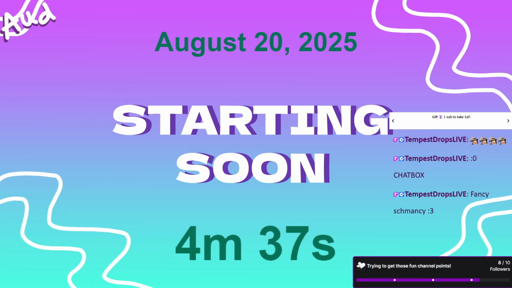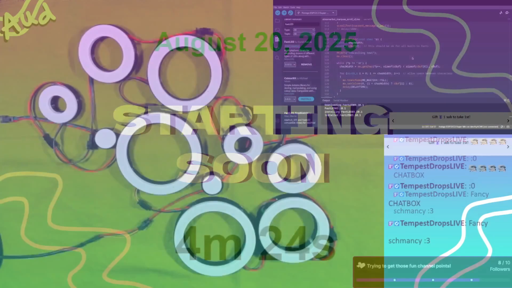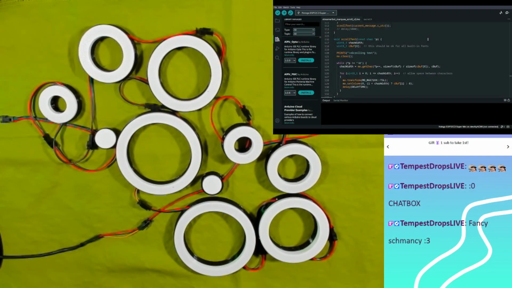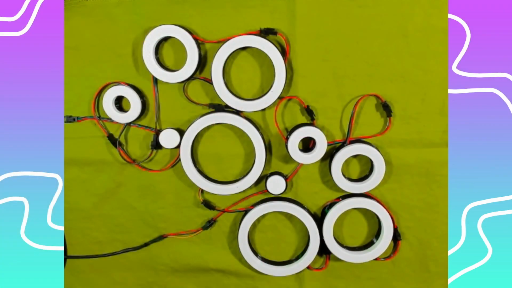For my stream here, just so you guys know, we're going to be working on the LED lights again. I guess we've already started. So I will just show the camera for a second. These are the lights that we're going to be working on again. The last thing that we had installed on them actually turned out to be kind of unreliable.